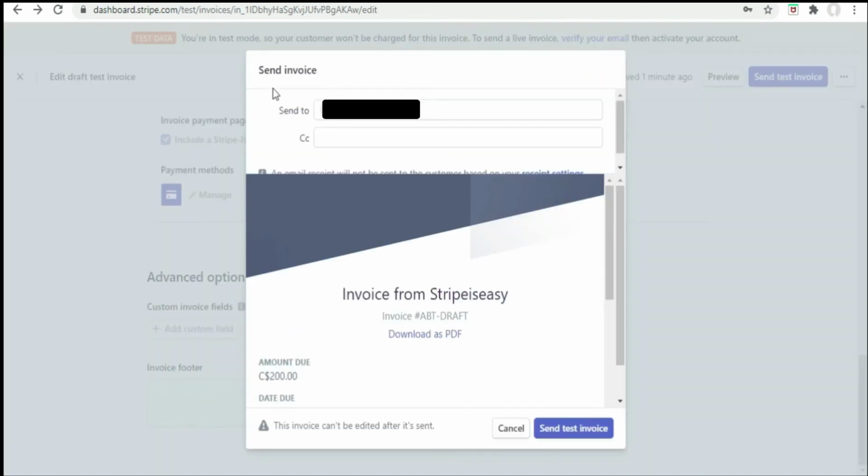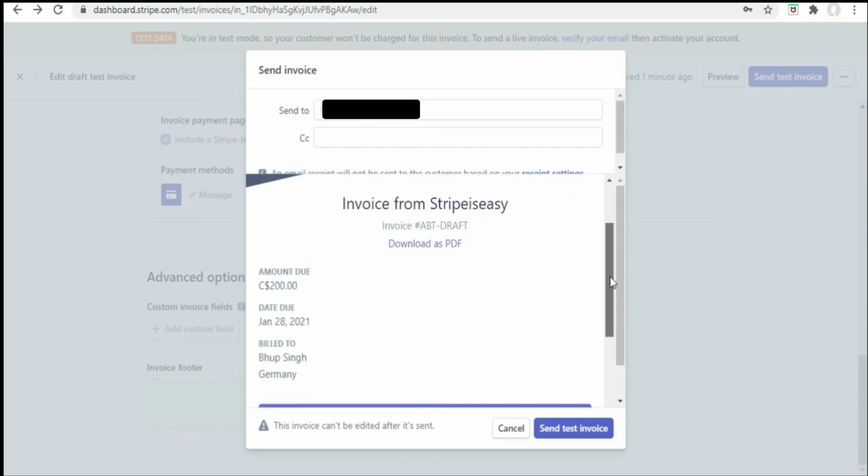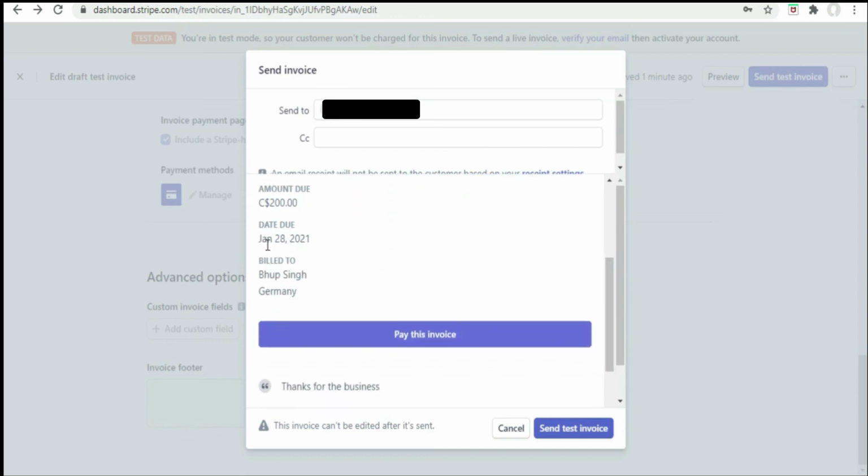On this page, send invoice, whom this is getting sent to, then invoice for Stripe is easy. The invoice number, you can download this as a PDF for you to see how it looks. Amount is given. Once I scroll down, due date, since I had selected 3 days later, it shows me the due date, whom it is billed to, and then just send the invoice.